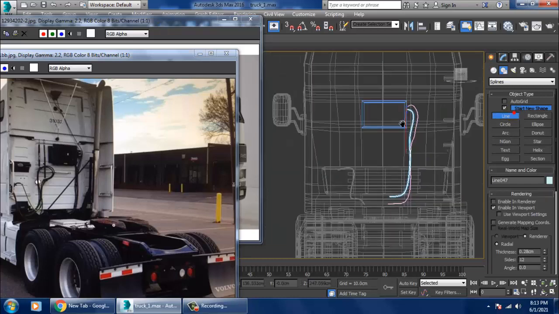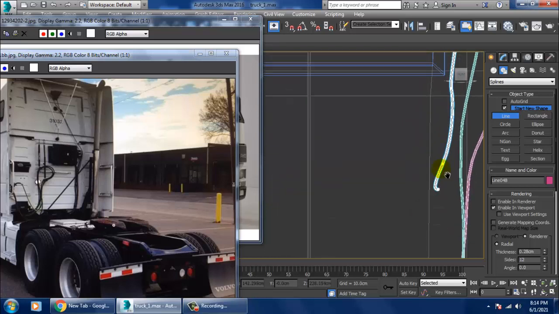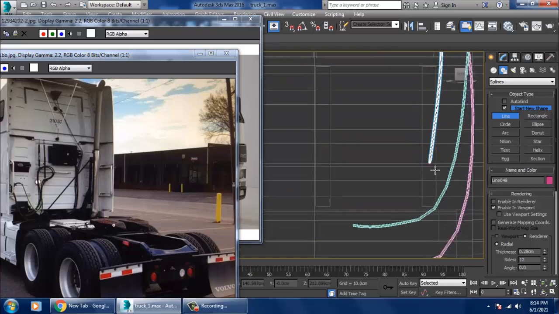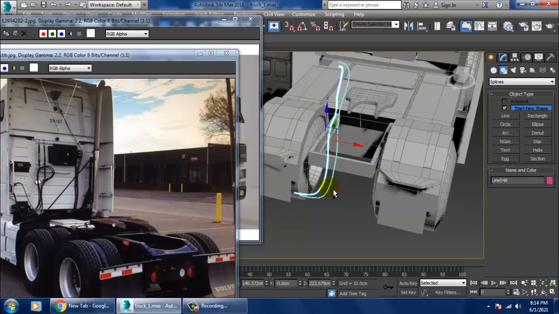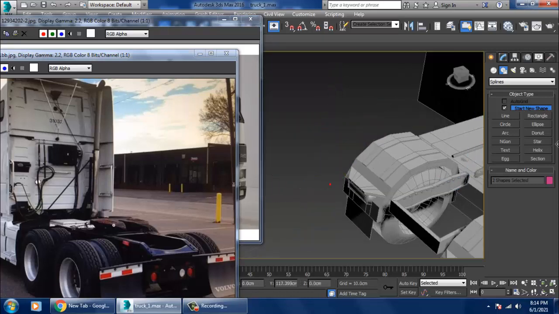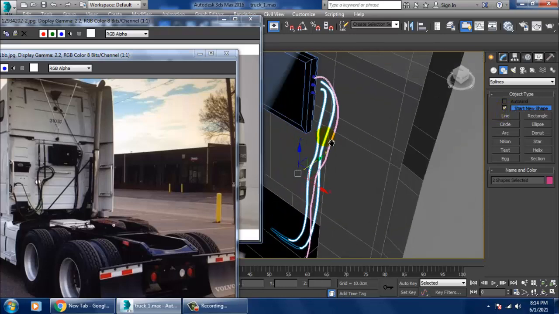Again, let's just take one more line. So select both of these over here and slightly shuffle this over here.